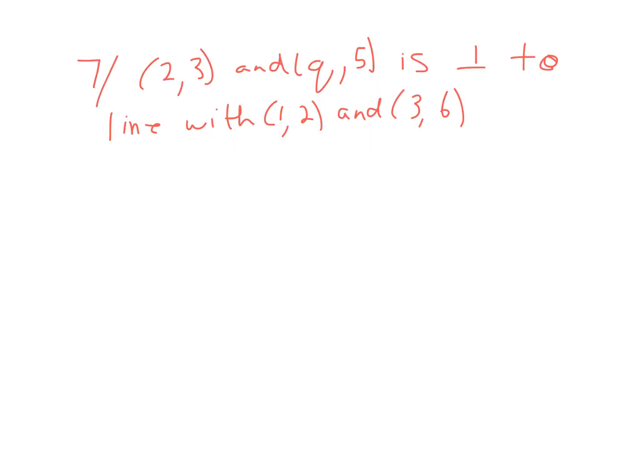Okay, number 7 is just a little bit of a twist on number 6. We're going to do exactly the same thing, but because they stated that it has to be perpendicular to the line, then what we're going to do first is find the slope of the line that we're given. So we're going to do 6 minus 2 over 3 minus 1, and that's 4 over 2. So the slope is 2 this time. But before